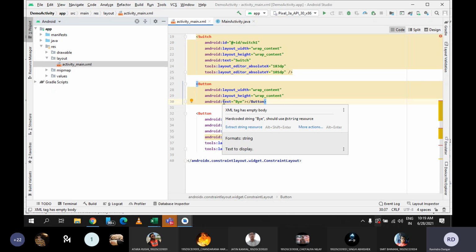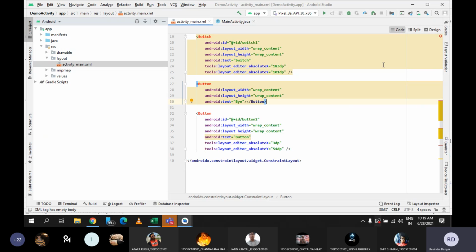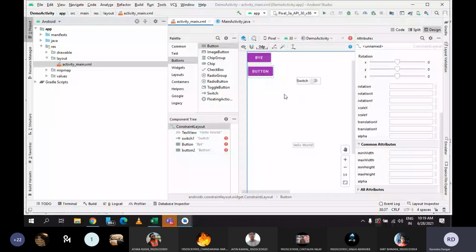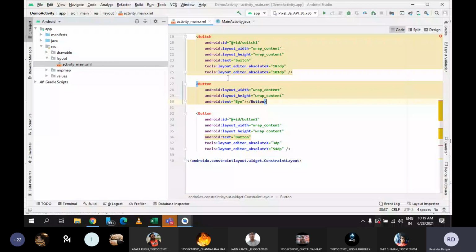Fine. So as a beginner in the initial stage, I am always giving advice that try to go with the code part. Write the code only to place any control. Never go for the designing only and just drag and drop the control. Once you feel that you are confident and now you know what the other properties are, then you can simply drag the controls from the palette window. But as a beginner at the initial level, I always advise that you write the code for placing any control. Clear?